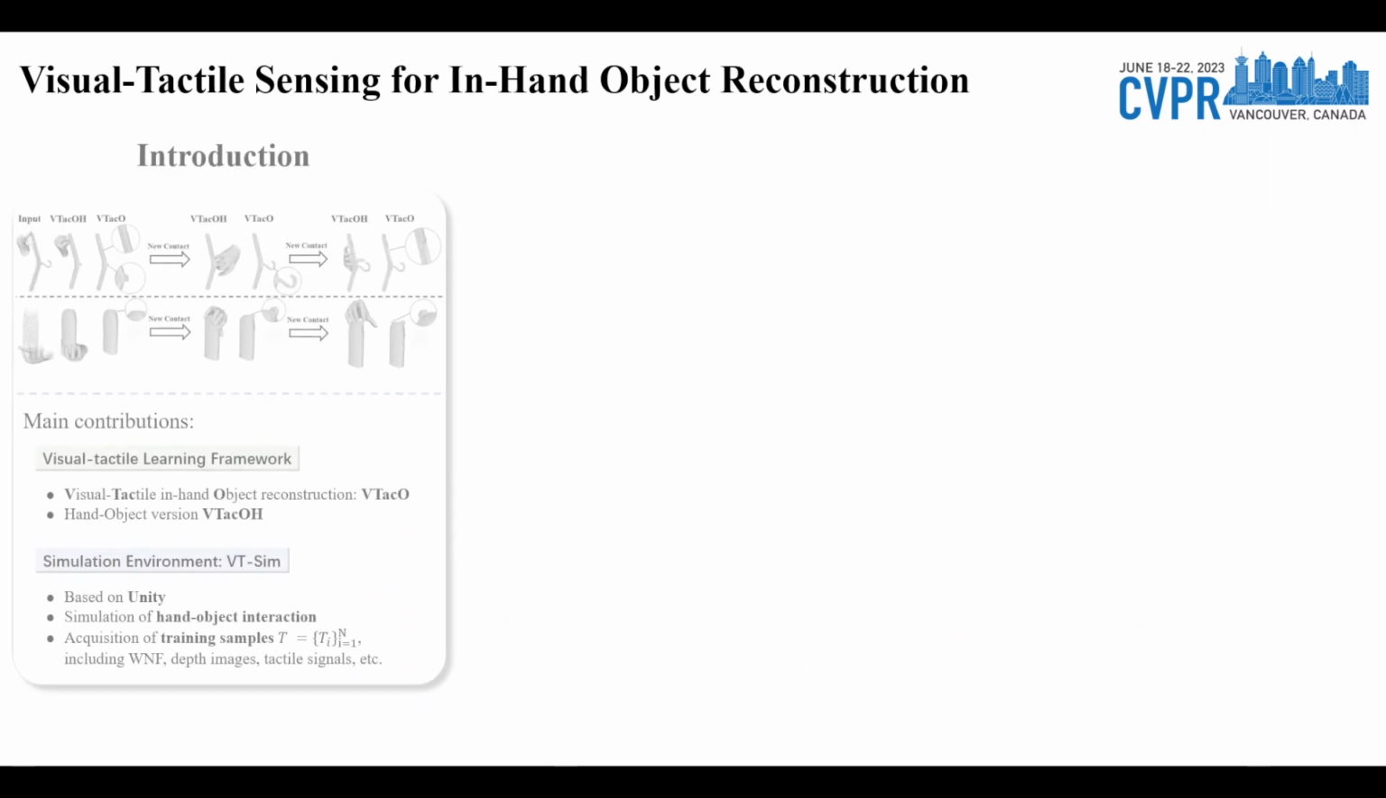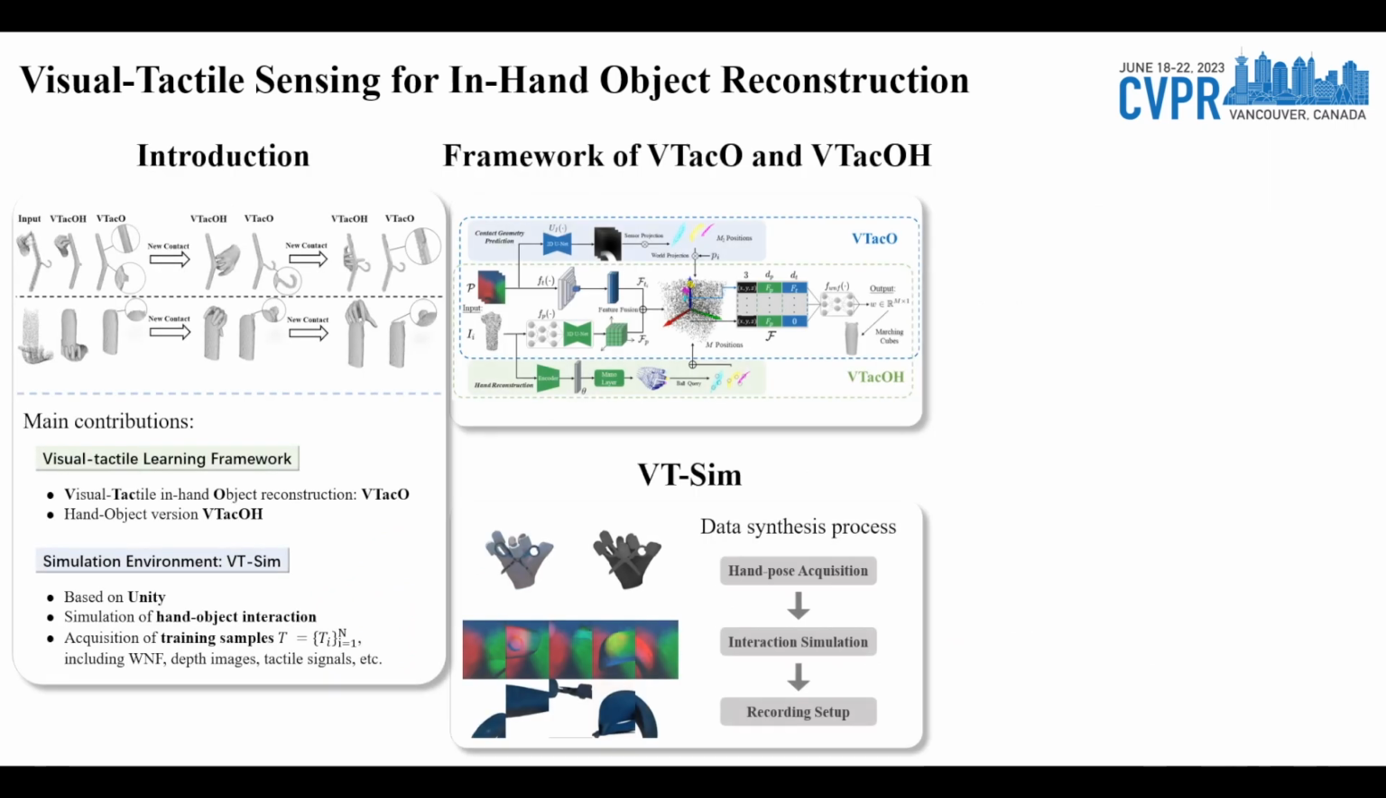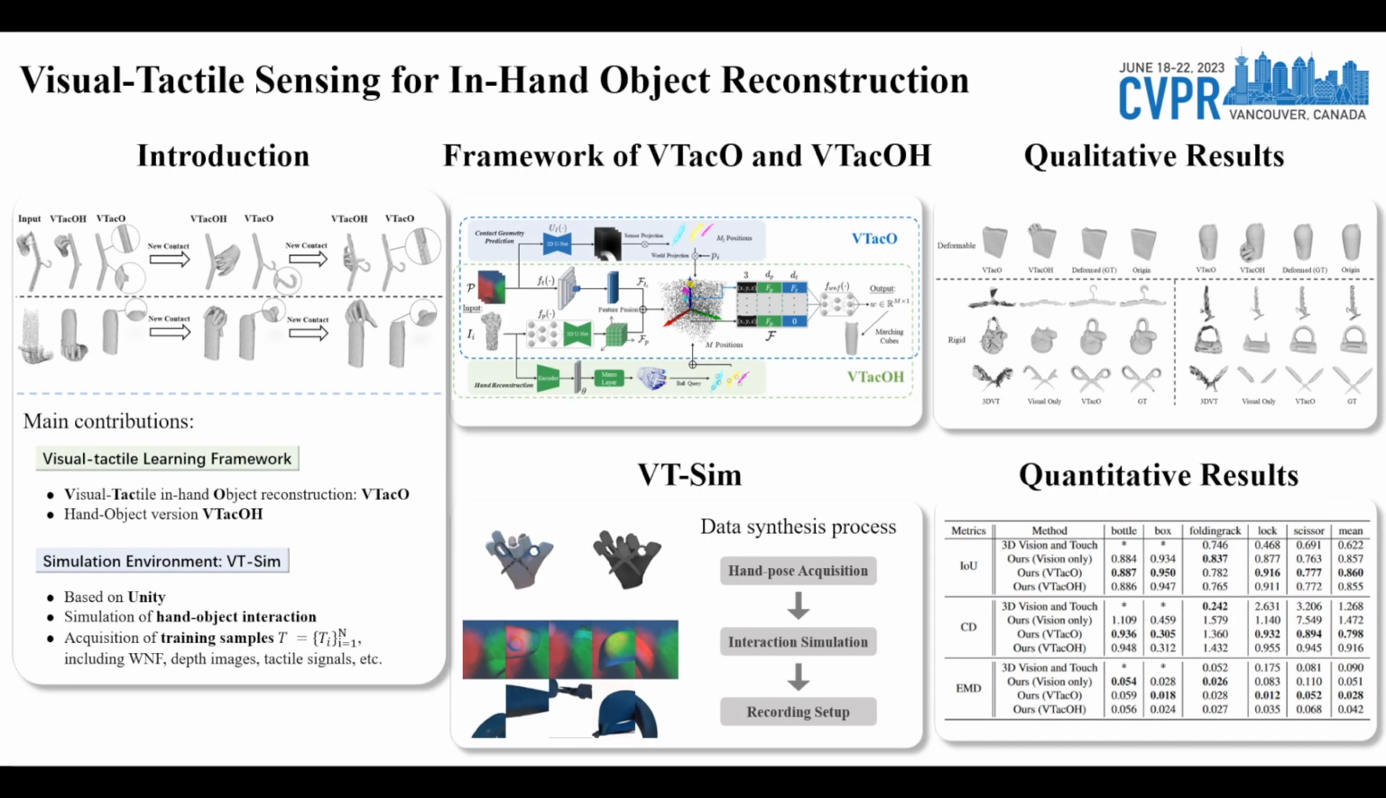Tactile sensing is one of the modalities humans rely on heavily to perceive the world. Working with vision, this modality refines local geometry, measures deformation at the contact area, and indicates hand-object contact state. Leveraging tactile sensors such as DIGIT, we propose a novel visual-tactile and hand-object reconstruction framework, VTacO, and extend it to